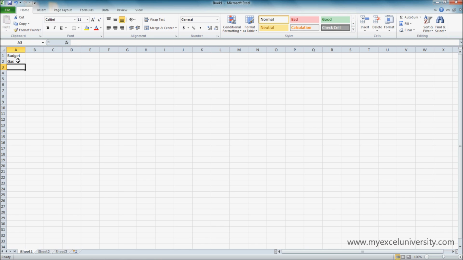Now if we want to edit data that's already there, we can either select the cell and start typing again, and let's say I wanted to say fuel instead. It automatically replaces that value as soon as I start typing. But if I wanted to